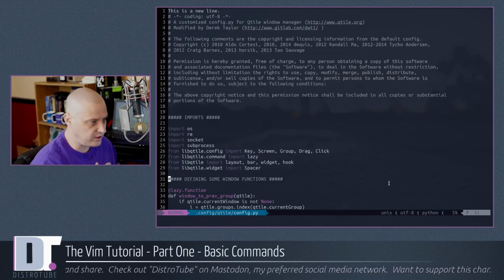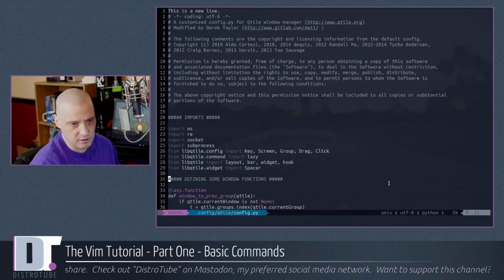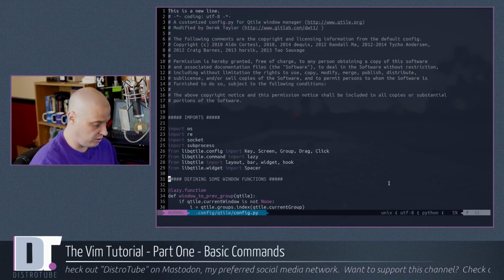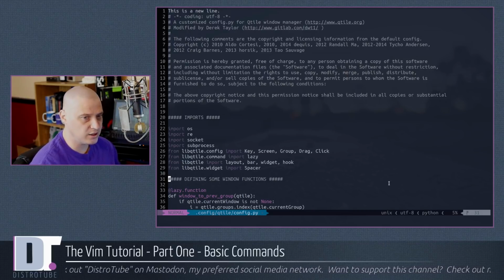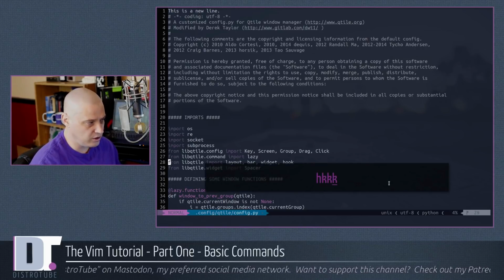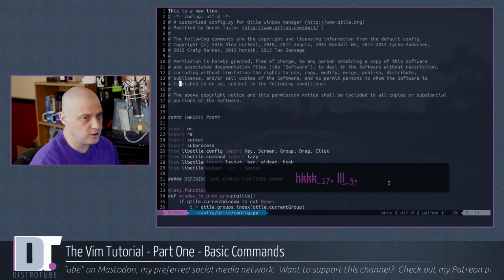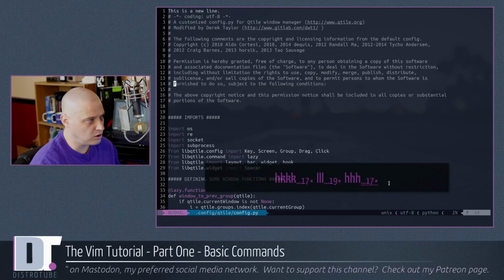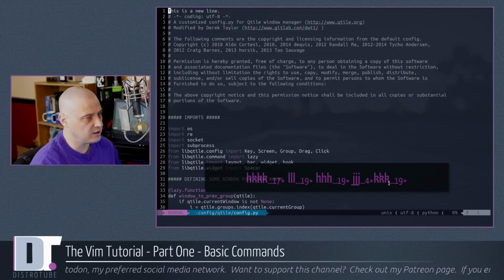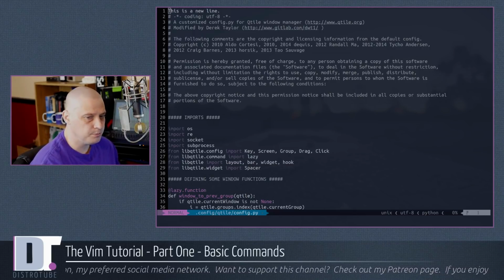Very quickly navigating around, again, without having to play with the mouse, or really without even having to mess with the HJKL keys. The HJKL keys, even though they navigate for you, they move you around, you're not going to use them very often once you learn the more powerful functions in Vim. So I'm going to go back to the very first line here.